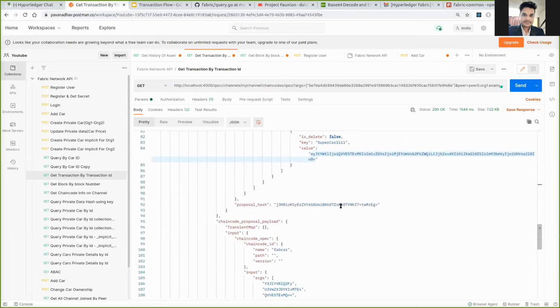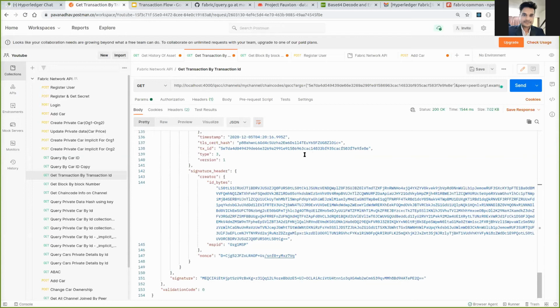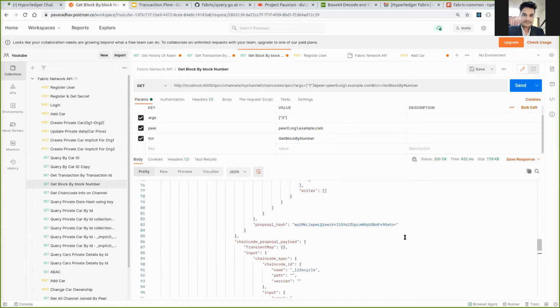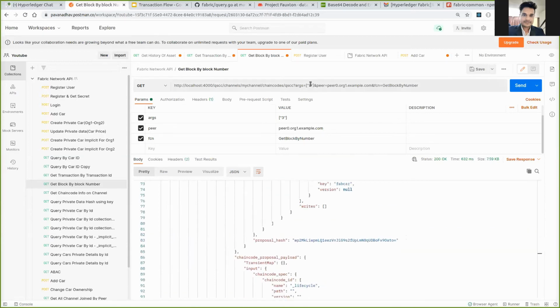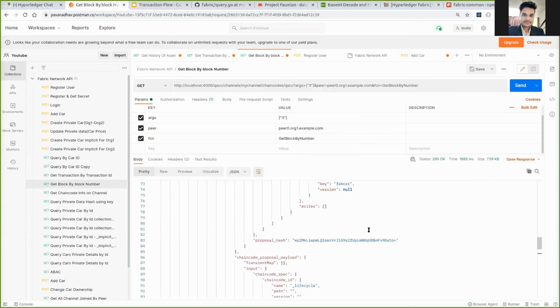You can play around with this different information here. So this is one of the approaches, and again while getting, we can invoke the same function, get block by block number. Right now I'm considering we have block 3, and I'm sending it. I'm getting the information of block 3, so I should get information related to block 3.